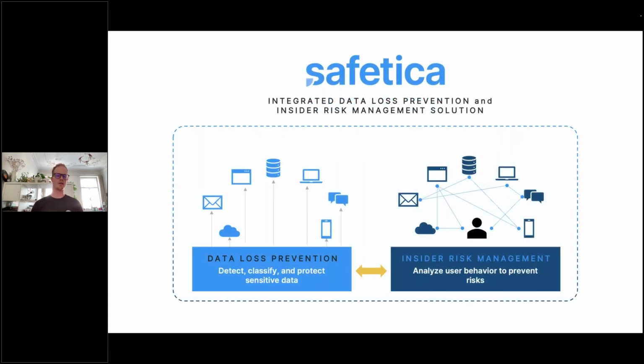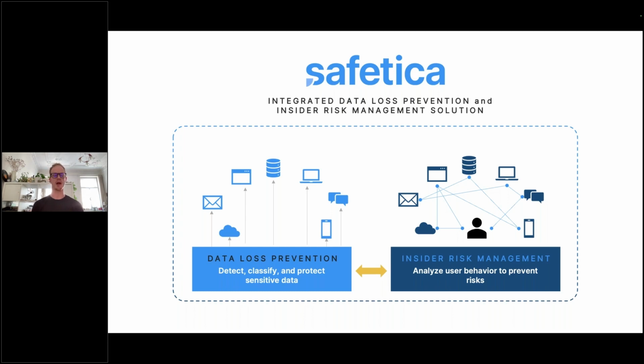So on to the next area here. Now here, I want to talk quickly about data loss prevention as well as insider risk management. So historically, these are two separate solutions. And for Safetica, we have been in the business of doing both of these things for quite a while now. Primarily, we were dealing with data loss prevention historically. A few years back, we started to integrate some of the insider risk management portions into our solution. And now we present our solution as a DLP solution as well as an insider risk management solution.